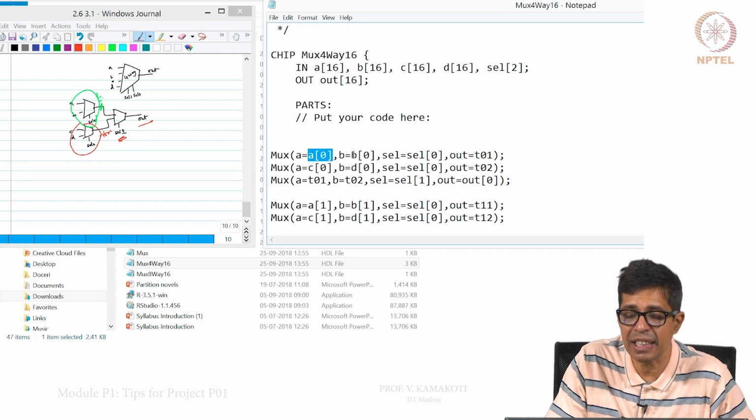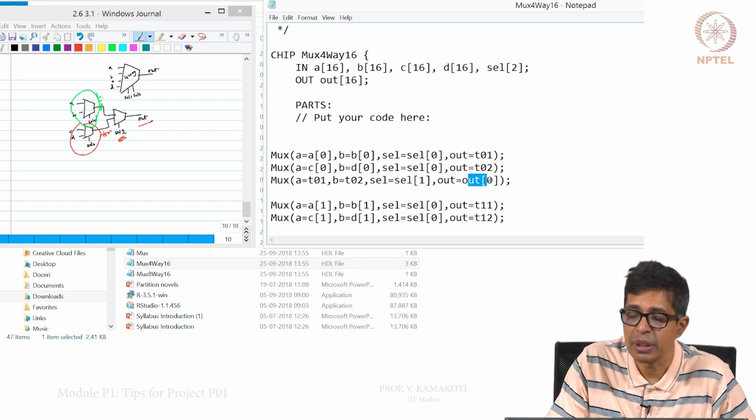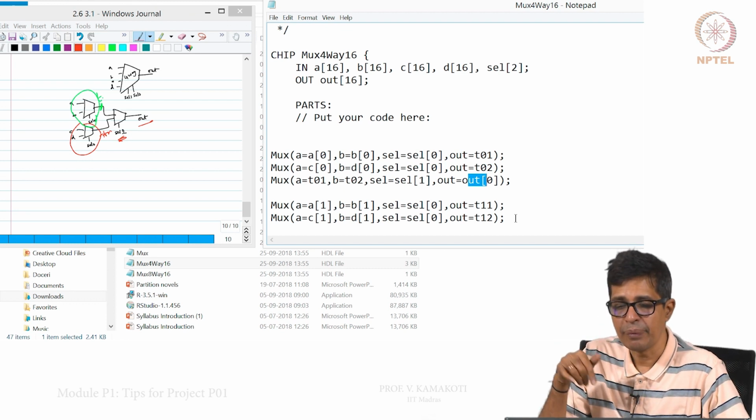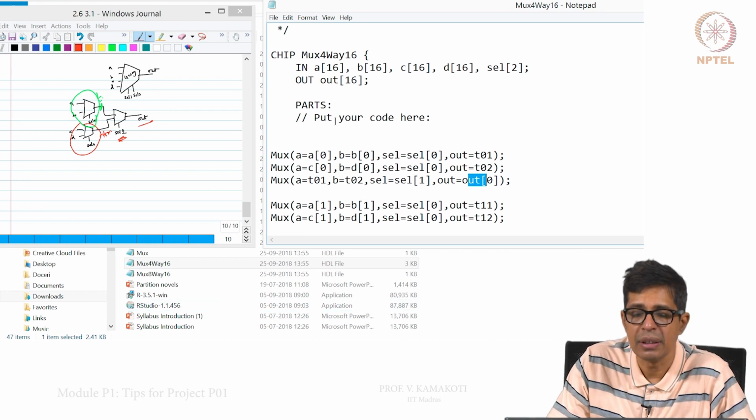This is called part select, or bit select. I can take individual bits of those values and assign them to construct this. For example, I am taking one of the 16 bits of A, similarly B, C, D, one of the select bits, and I am also assigning the output to one of the output bits, only out 0, and I replicate it. This is how we are building a 4-way 16-bit mux from a normal mux.